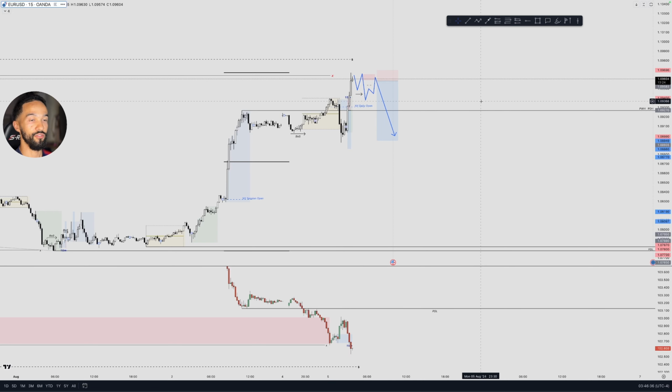Now I am favoring those counter trend shorts, as I mentioned, because I don't like trading into such major buy side liquidity, especially this high here. Right, if we take out this high, I'm not going to want to immediately trade into that until we come down to this discount and also show that same structure shift.